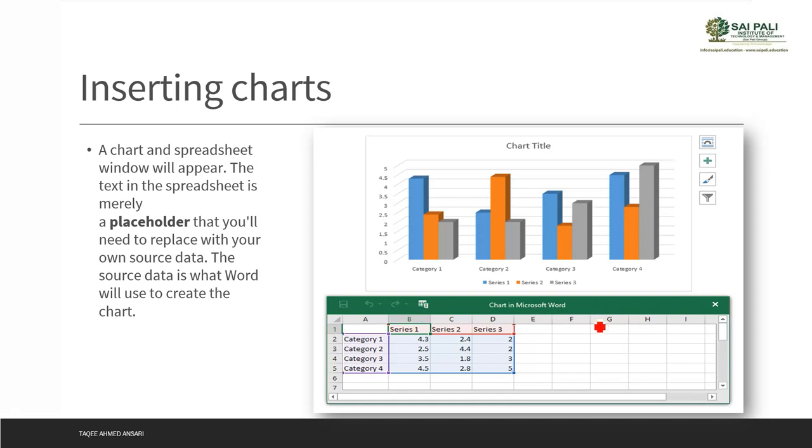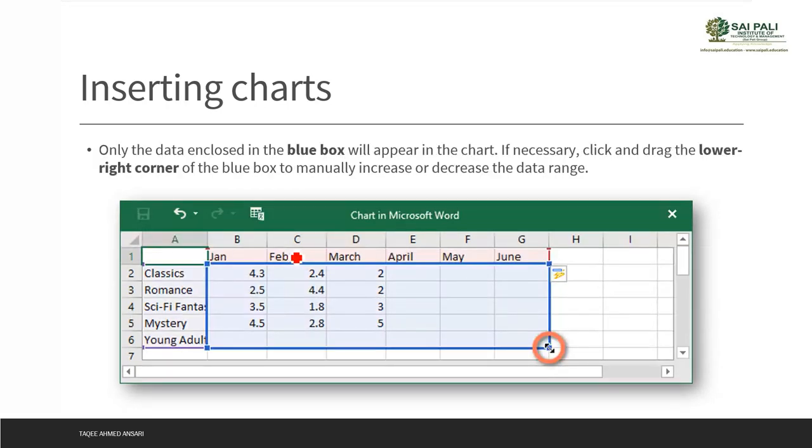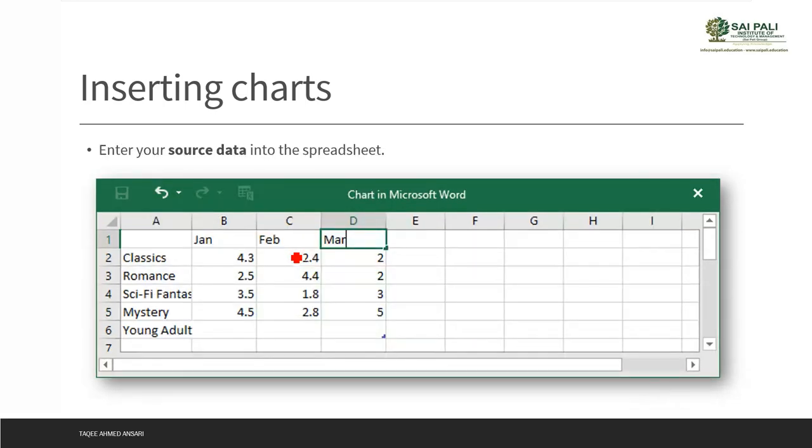This is your source data. It comes with some default values. These are just placeholders. These are not our values, and you can see those values here. So now it is up to you what values you want to add. What you want to represent, you can start editing your values in this table, in this source data. After you finish with this, you can see that information in your chart.